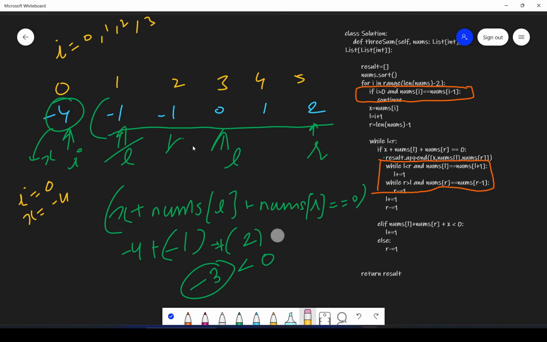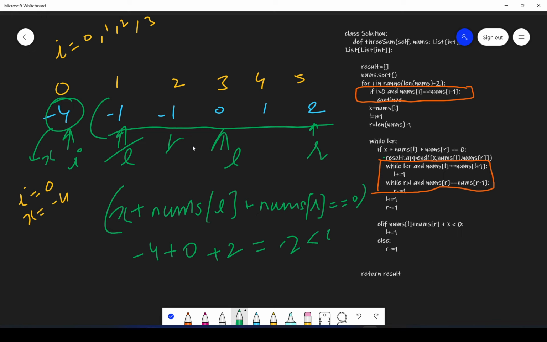Now let's see what happens. x is -4, nums of L is 0, plus 2, which gives -2, again less than 0, so you will move L again. Now -4 plus 1 plus 2 is -1, which is less than 0 again, so you will move L again.